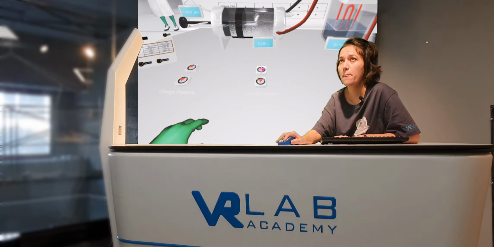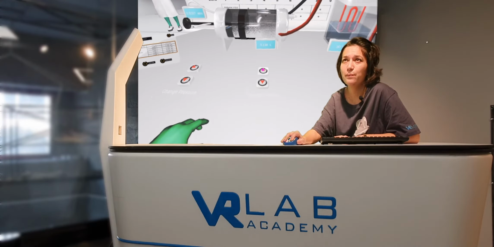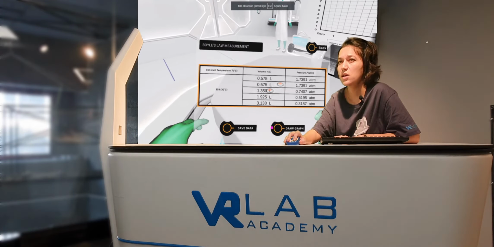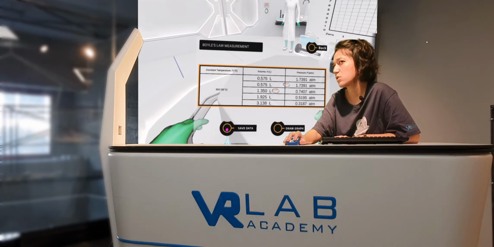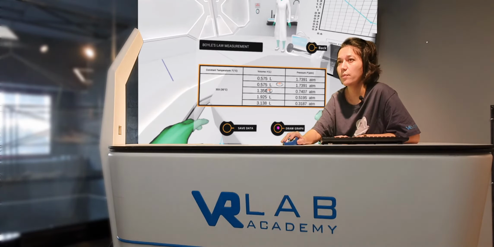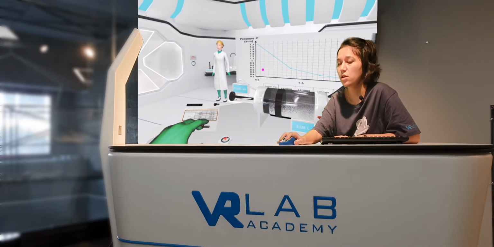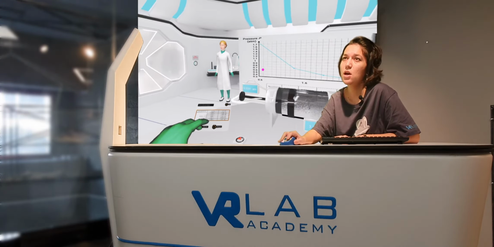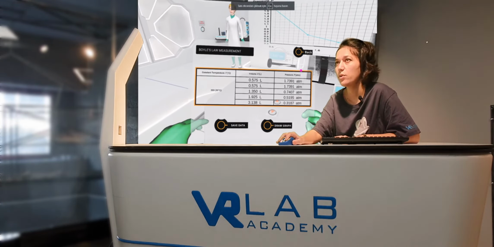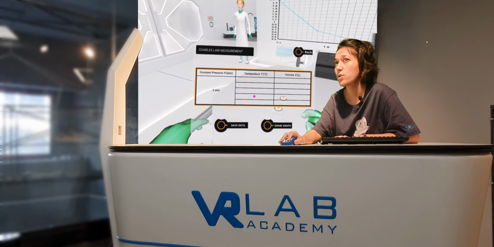And observe what happens with increasing volume. You can see that the table is full, and we can save our data and access it using my data section and draw the graph for this law. You can hereby see that with increasing volume, the pressure is decreased, which is what is said by Boyle's law as well. We now go back, select Charles' law, for which we have to have a